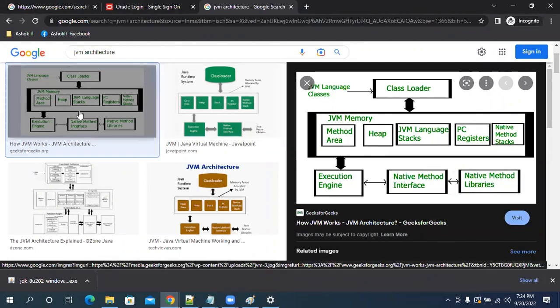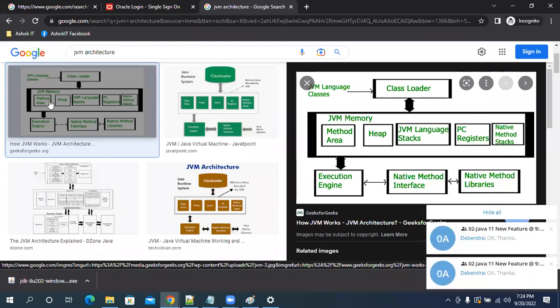Yes, internally these components are going to convert the bytecode into machine understandable format. Sir, what are these components? What they do will come in future classes. As of now, just remember that JVM is a virtual machine which is used to run our programs. How it is executing internally, what JVM is doing internally, we will do a postmortem of the JVM.